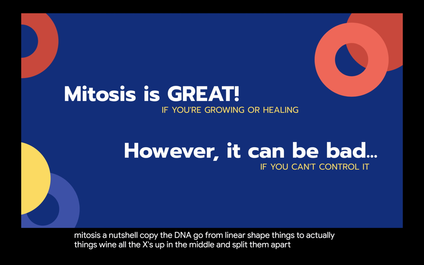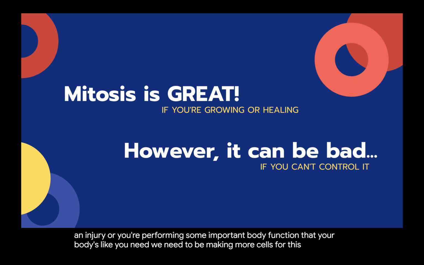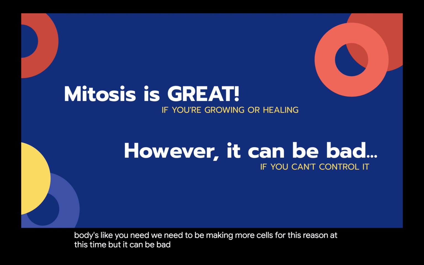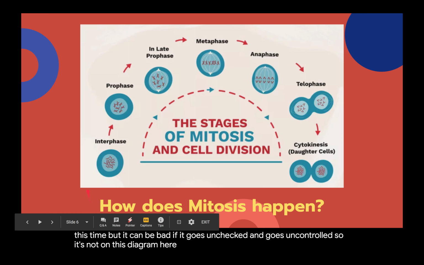It's great if you are growing or healing from an injury, or performing some important body function where your body's like, we need to be making more cells for this reason at this time. But it can be bad if it goes unchecked and uncontrolled. So what's not on this diagram here is that there are some cell cycle checkpoints that are supposed to get